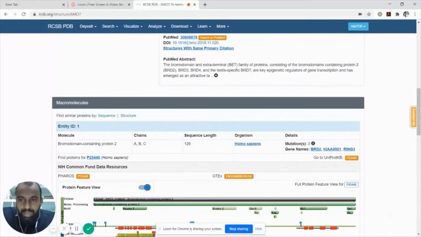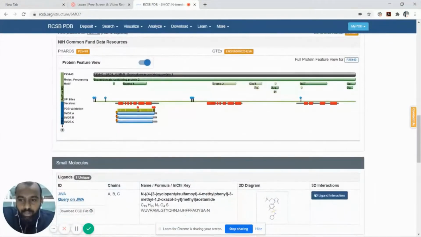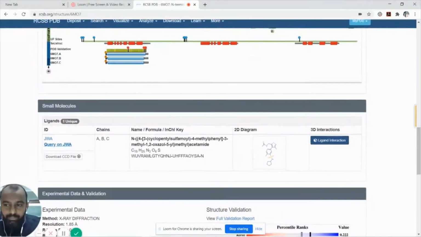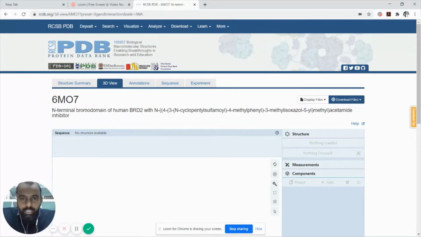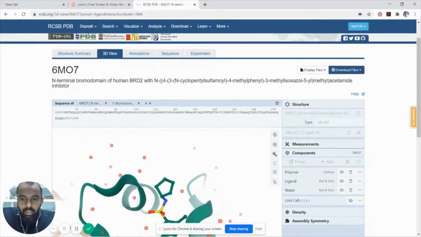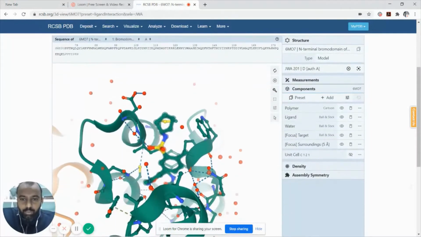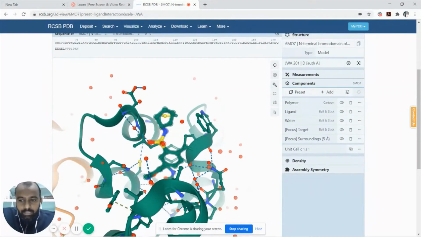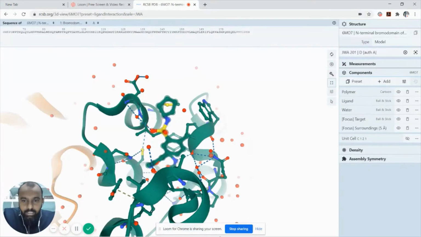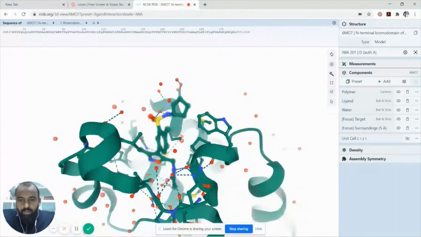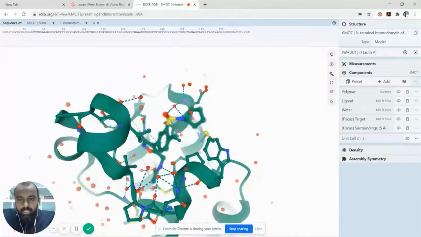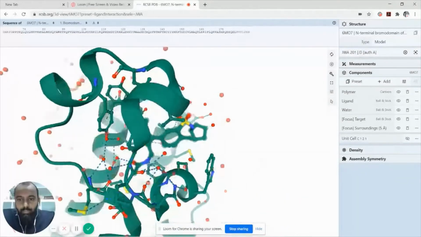Let us see the parameters of the binding pocket. For that, we go to ligand, and here we simply go to ligand interaction. Once you click ligand interaction, this will take you to a 3-dimensional interaction of the ligand with your protein. Now this is your 3-dimensional structure. Simply clicking the full screen mode gave me the complete structural information of my ligand in its active pocket.